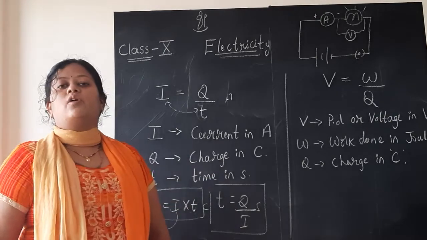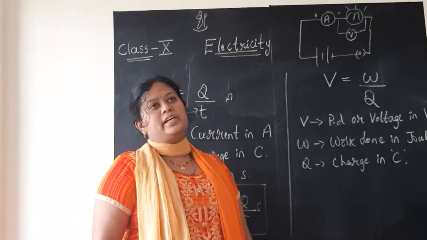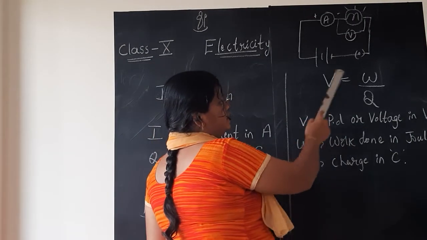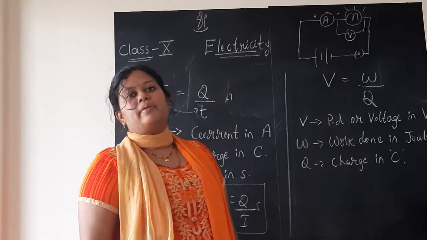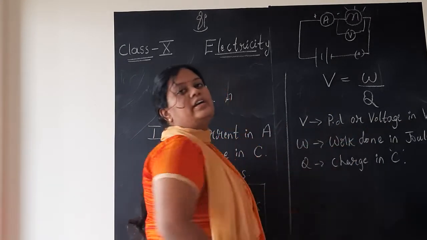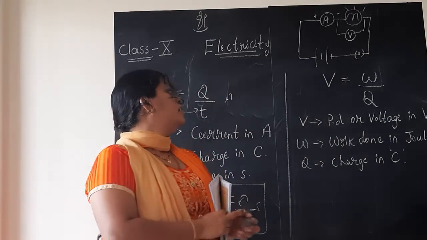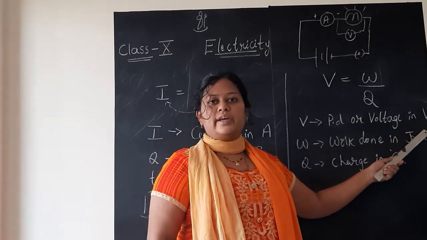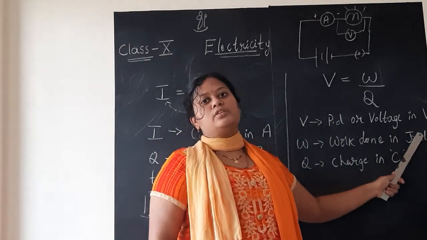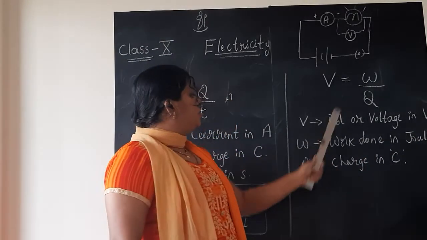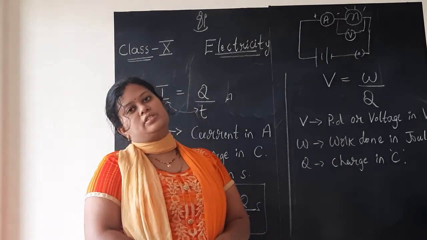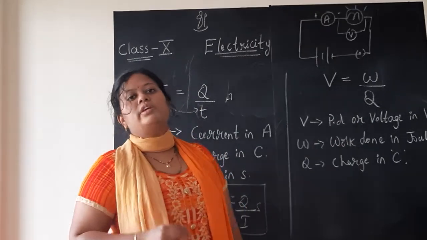And we also studied what is this potential difference or voltage. Similarly, to measure this voltage or potential, the formula what we have is V is equal to W by Q. V is potential difference or voltage. P.D. here is the potential difference. V is the potential difference or voltage in volts. W numerator is the work done in joules. You know work done is W. Q is the charge in coulomb. So V is equal to W by Q is the formula which is used to measure the voltage or potential